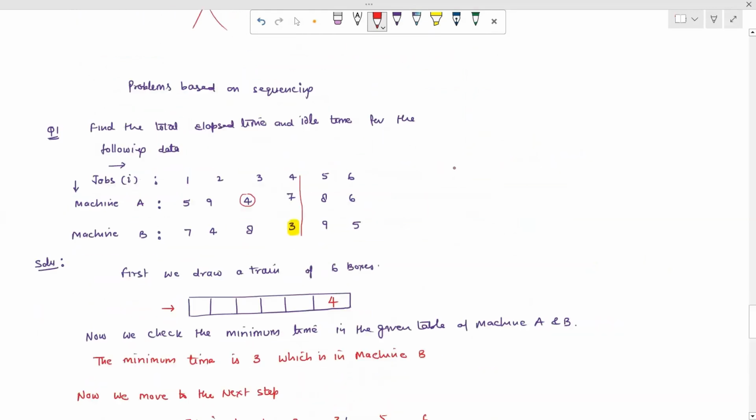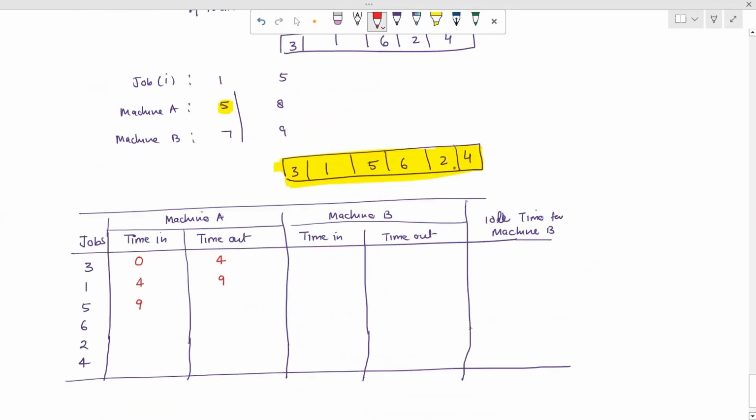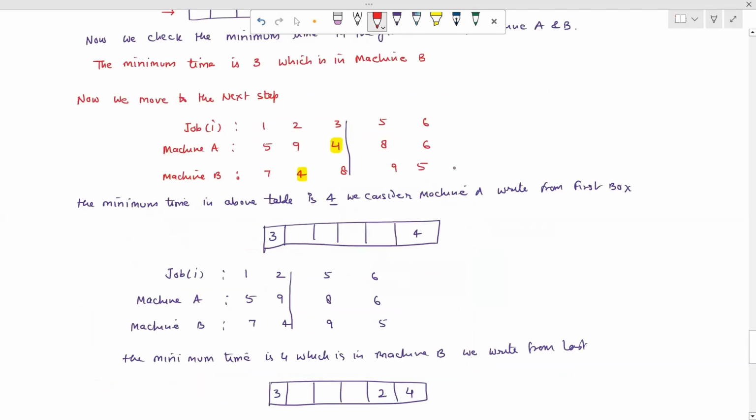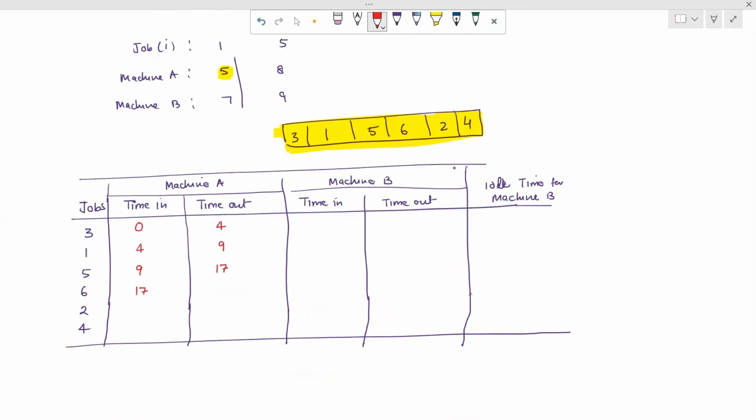अब 9 और job 5 को कितना टाइम दे रखा है? The time of job 5 is 8, so 9 + 8 is 17, so 17 टाइम आउट होगा। अब 17 से जॉब 6 स्टार्ट होगा, तो टोटल टाइम ऑफ जॉब 6 ऑफ मशीन ए इज 6 आवर, तो 17 और 6 23।